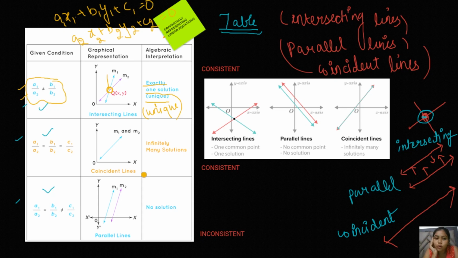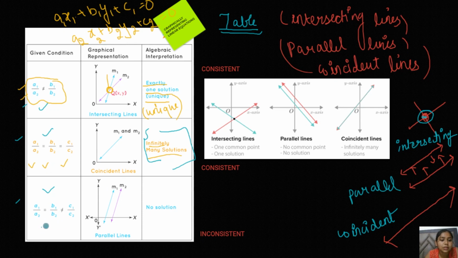Right, let's move forward towards our next one, the coincident line. This is a single straight line. So in this case also, a1 by a2 equals b1 by b2 equals c1 by c2. Every term of the two lines will be equal to each other, and it will have infinitely many solutions. What do you mean by infinitely many solutions? It means what I explained in my first slide, that for a single line there can be infinitely many solutions. It has a lot of solutions.